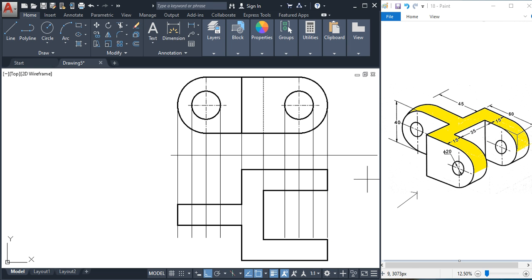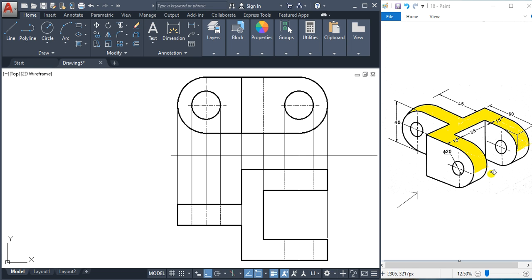And now we have to indicate these holes. When you see from the top, they are not visible, but they are there in this direction. So we'll represent this hole and this hole by dotted lines. We make them dotted lines, and these center lines here. So this is the top view of this object.